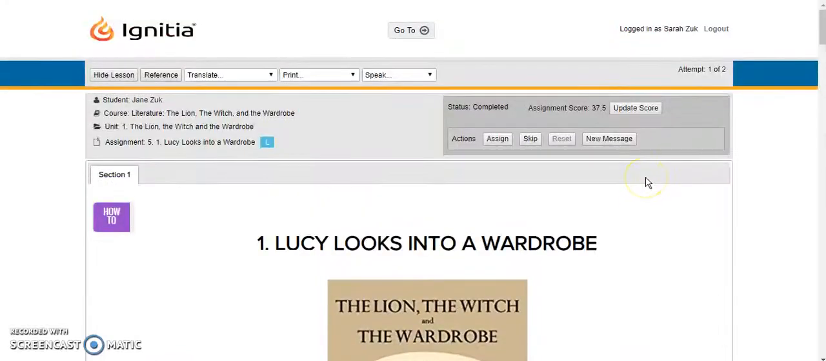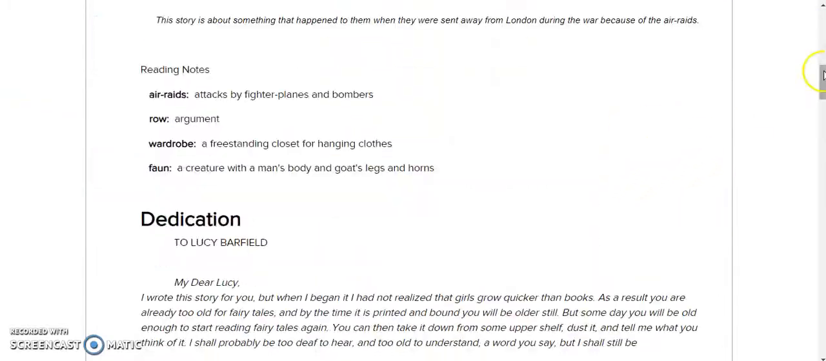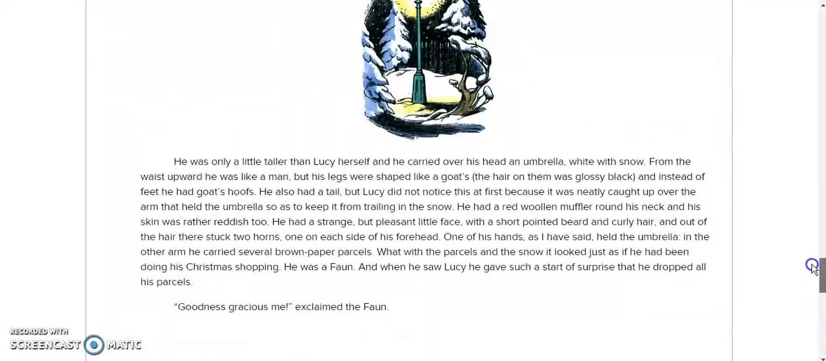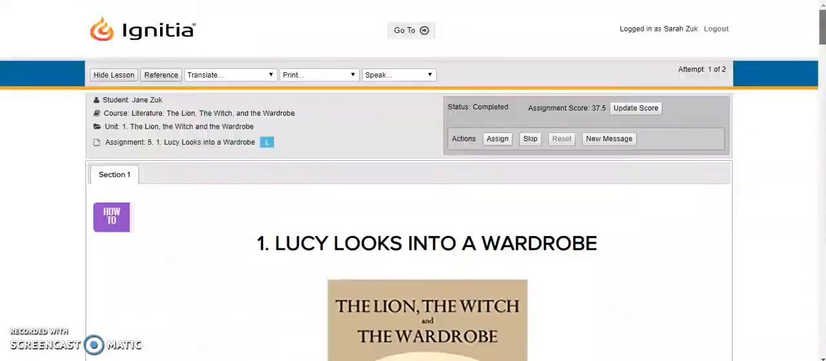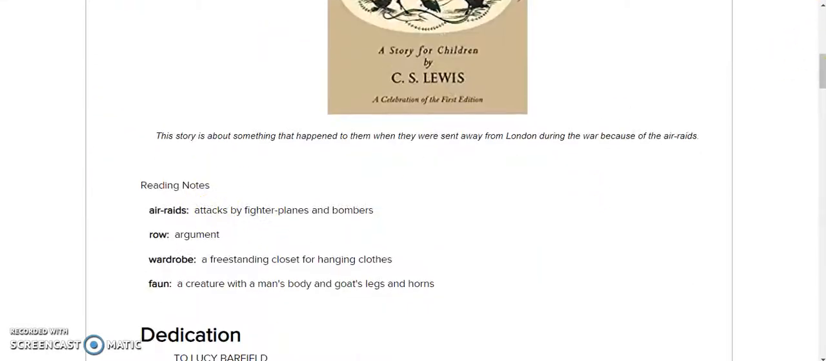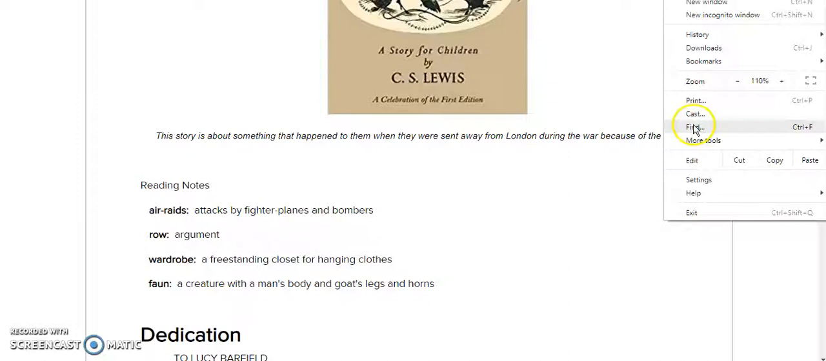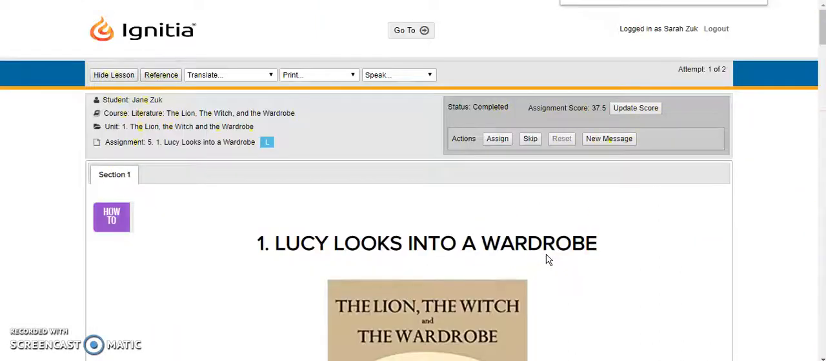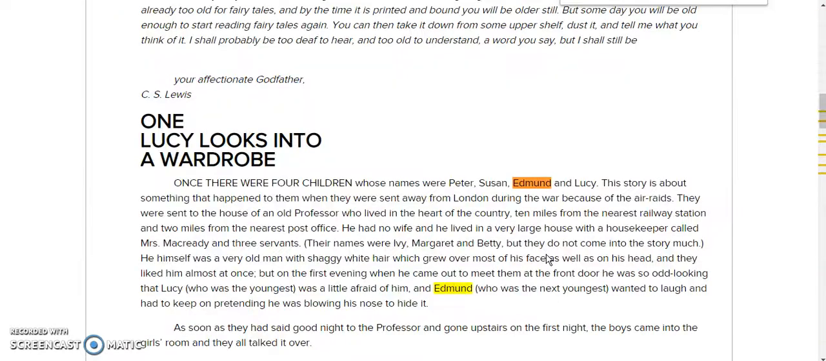Let me see. I kind of thought that it was going to allow me to use the text to speech that the kids get to use, but it's not. That's okay. But we can go look and use our little find feature again and find where it says maybe Edmund. There we go. This tells